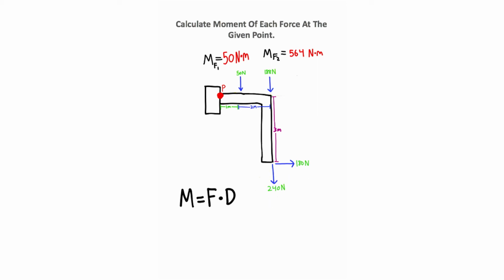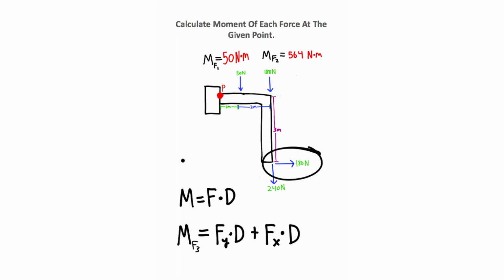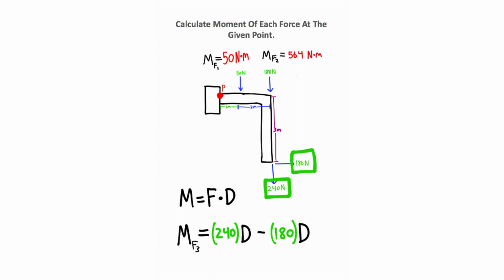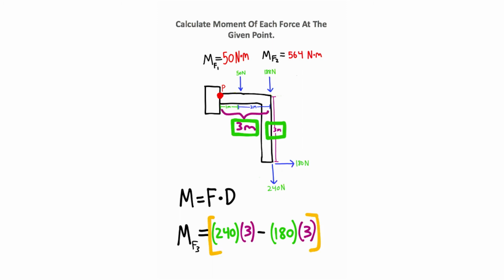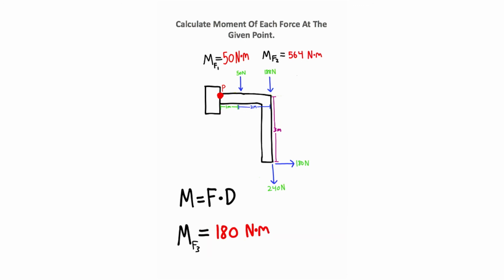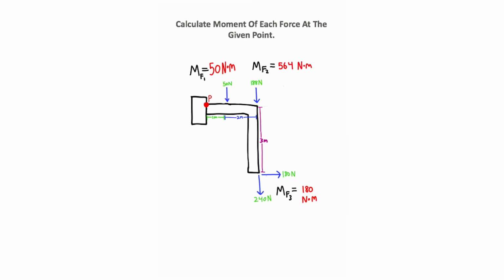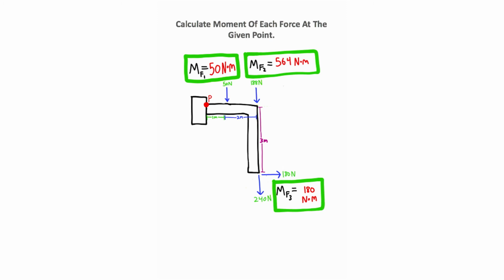So what we're going to do is take the two components, find the moment for each one, and add them together. Notice something here though. This force is going to influence a counterclockwise rotation. Counterclockwise rotations are negative, so we need to make this number negative here by changing this to a minus sign. Now we have our equation set up. So I'll take the y component and I'll take the x component and plug them in for the two forces that I see, giving me these two forces right here. Now I'll take the perpendicular distances and plug them in for distance. Now all we need to do is evaluate this value right here. You should get 180 newton meters, and that's the moment for force 3, and these are the three moments for each force at the given